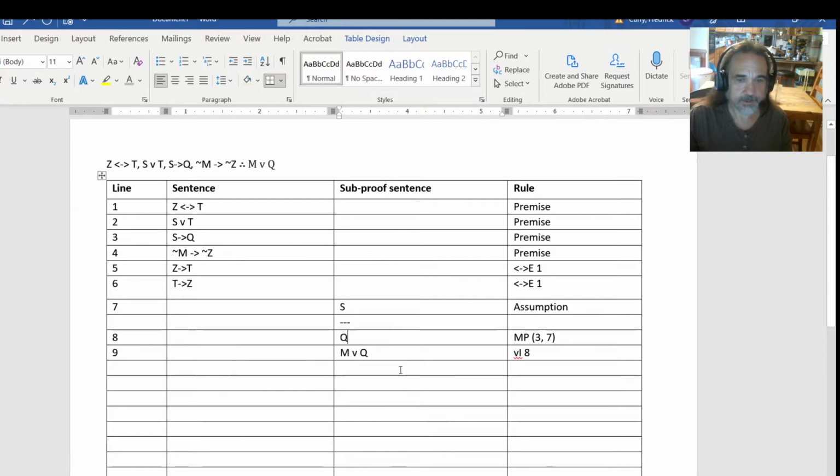cite line 8. And this one sometimes confuses students because they're wondering, how the heck do you get M? But again, with disjunction introduction, you can add whatever you want. I could have concluded, what letter haven't we used? I could have concluded W or Q. It doesn't matter. Or I could have concluded W or Y or Q, right? So I'm concluding M or Q using